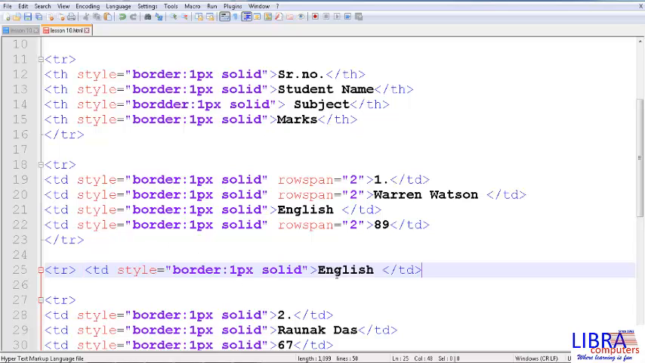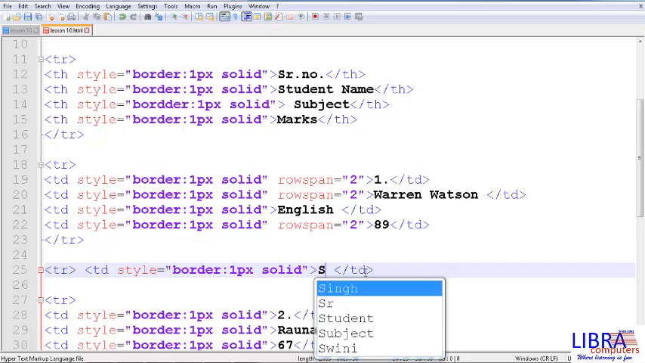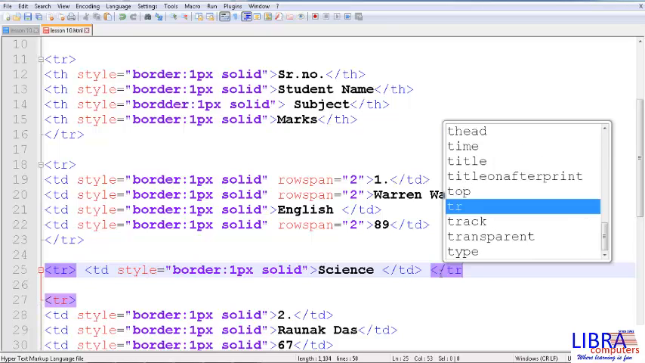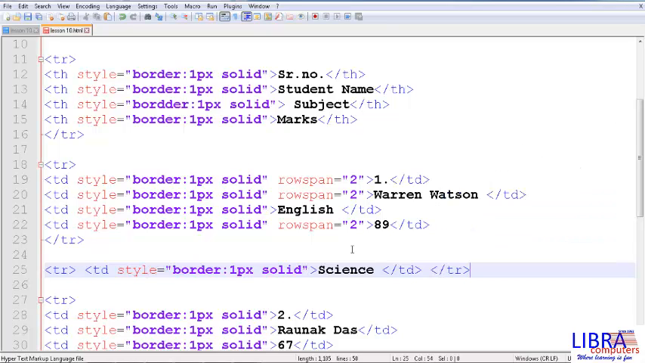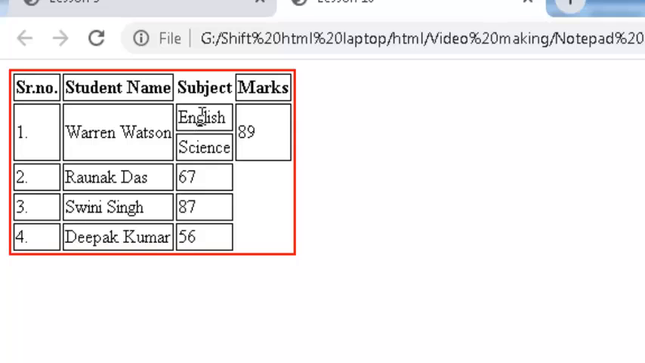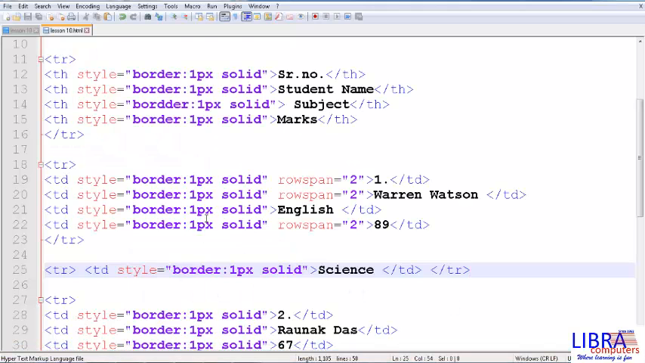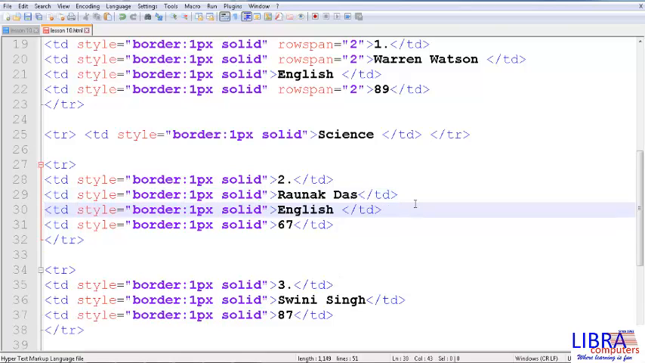Outside the closing tag of first row, we start with another row with only the subject name that is to be included in the first row. Save the page and check the output. You will see that both subjects are displayed one below another in the same row. Continue this for all the rows. Follow the same method, that is,